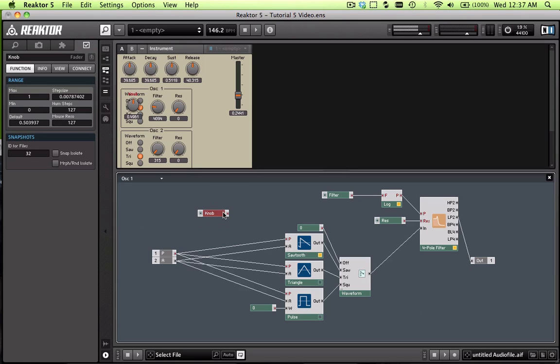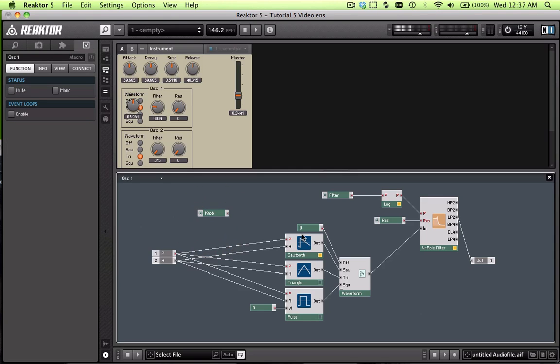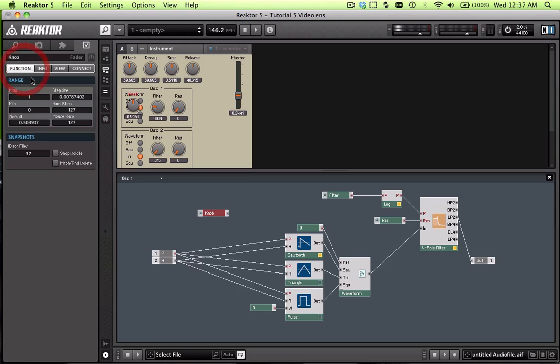So anyway, we have our knob selected. We'll go over to the properties. Okay, one last time, make sure that the properties are selected. It automatically selects them usually when you click on a knob. Make sure we're in the function view, and we'll want to set the max. The maximum is actually exactly where we want it to be at 1,